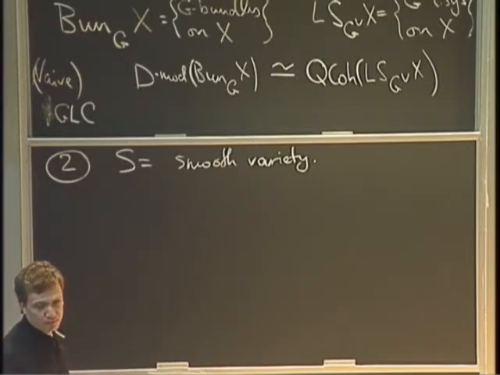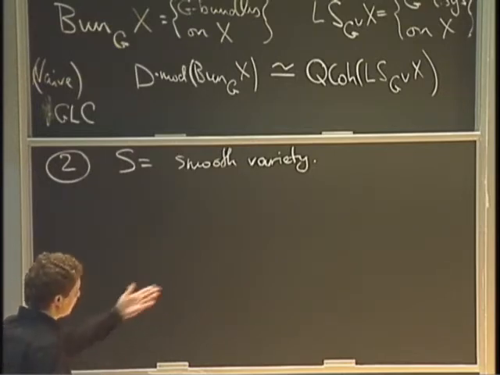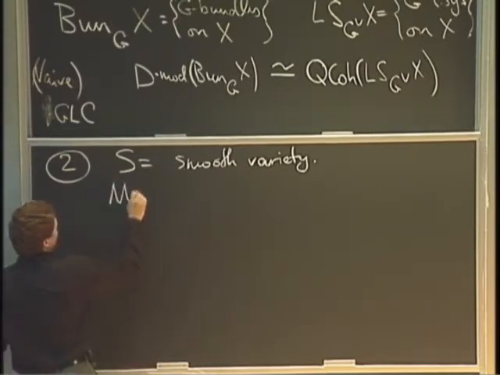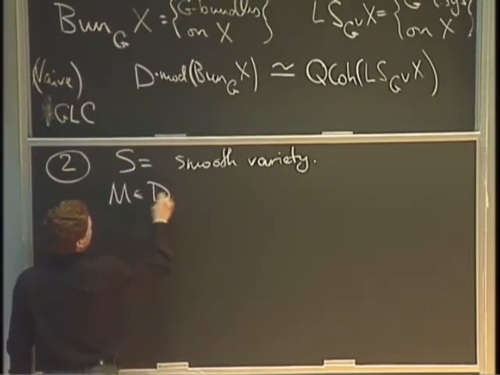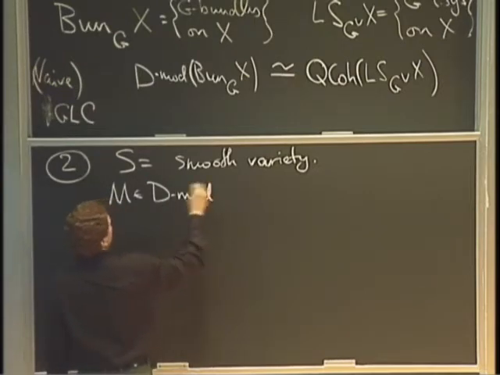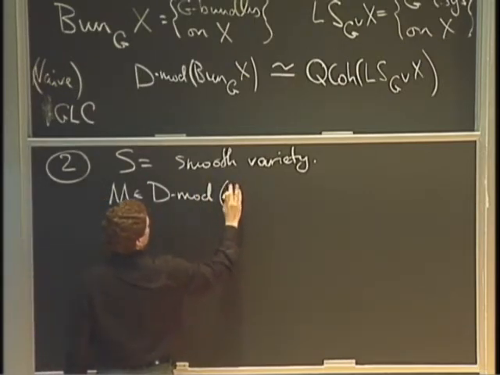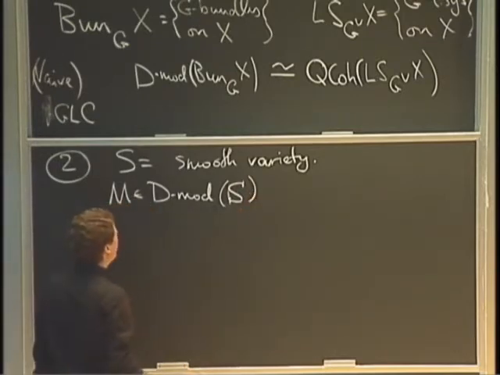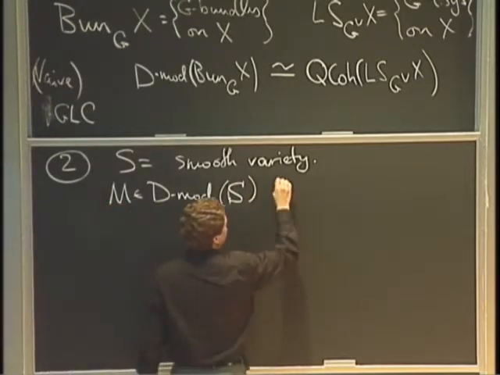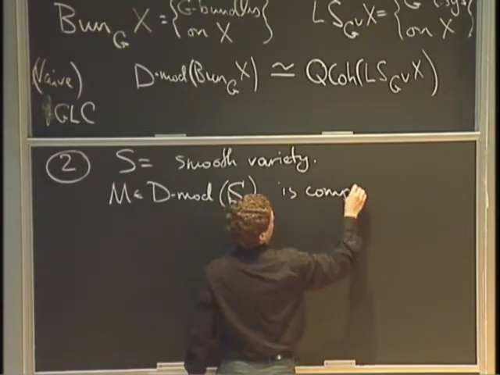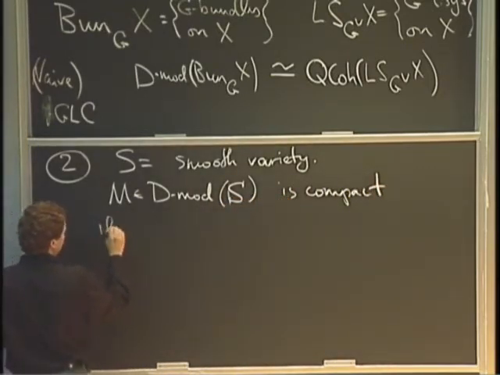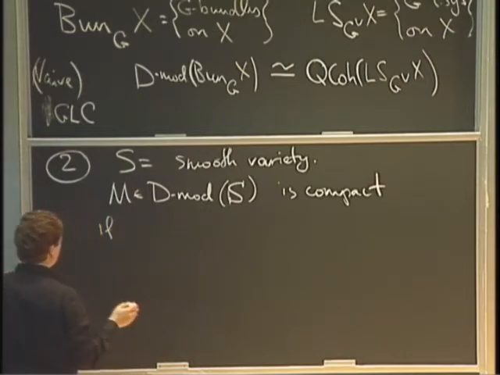Then the situation is exactly similar. That is to say, an object in the derived category of D modules is going to be compact if and only if it is perfect,